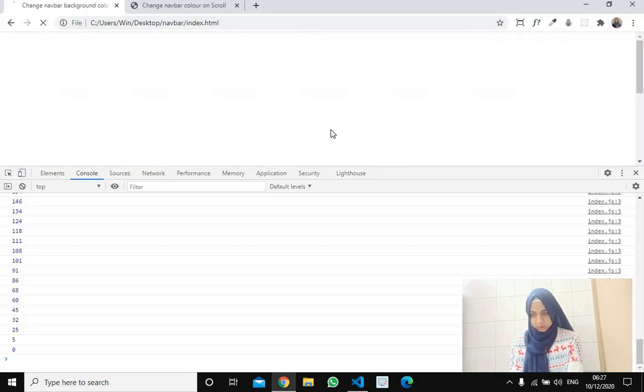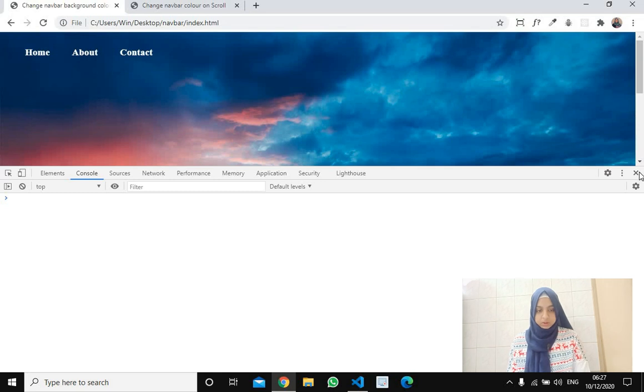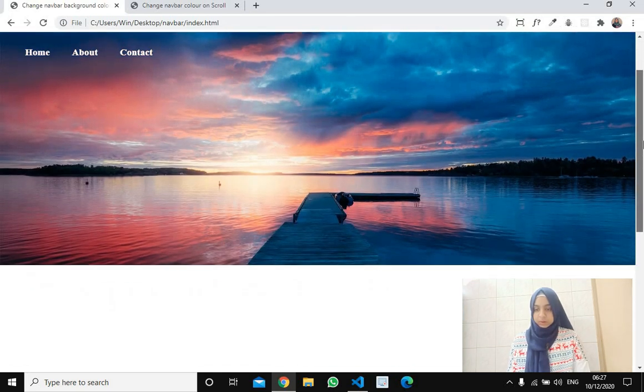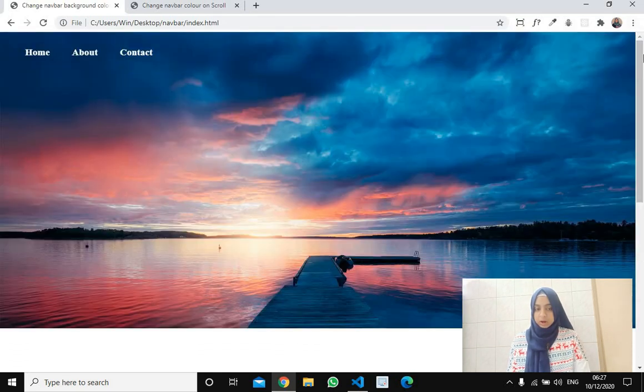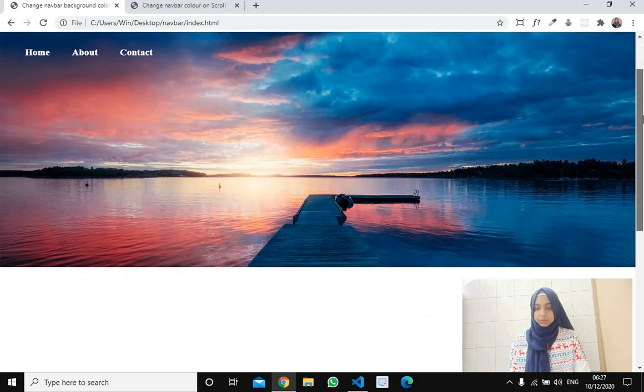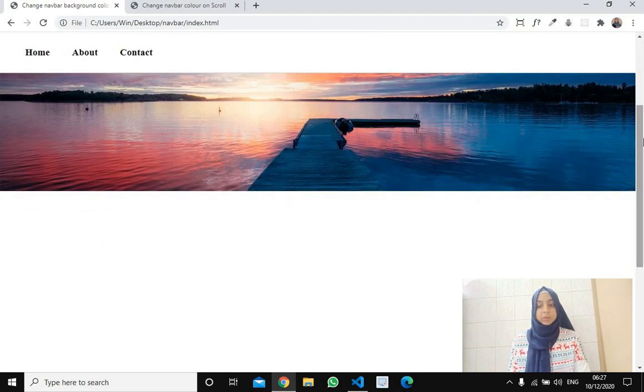Save this and refresh. Let's close this console, and can you see, as we scroll, after a certain point the background color of the navbar changes.